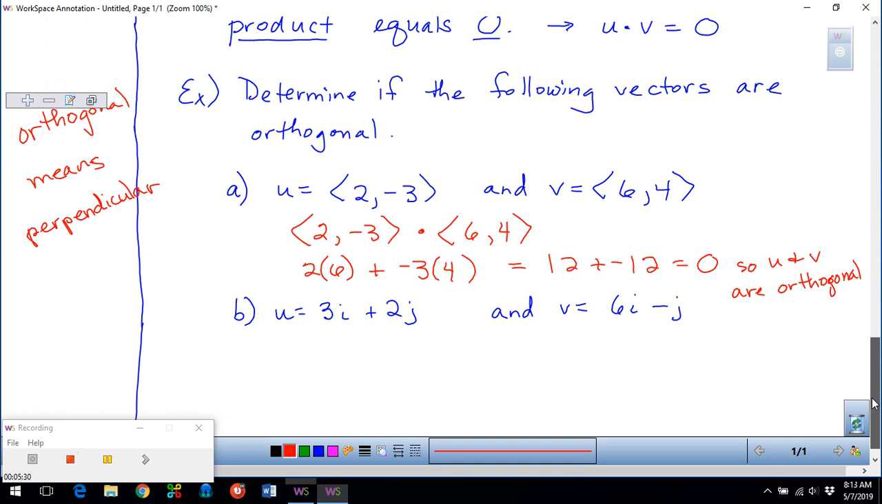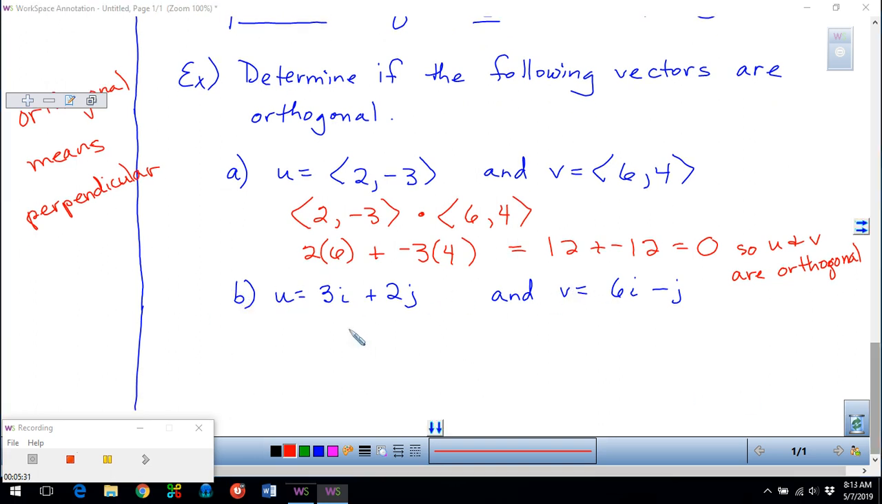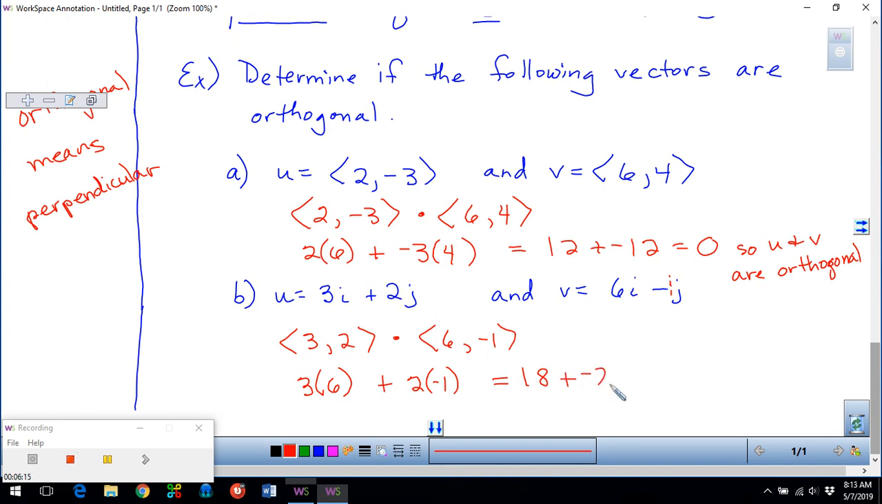So last example, we want to determine if u and v are orthogonal or not. So the first thing we're going to do is write it as a vector point. So we have 3, 2. And we're going to dot that with 6, negative 1. So we'll go ahead and do our dot product. 3 times 6, so the first times the first, plus 2 times negative 1, the second times the second. Now we're going to figure out what those are. We get 3 times 6 is 18, 2 times negative 1 is negative 2, and 18 plus negative 2 is